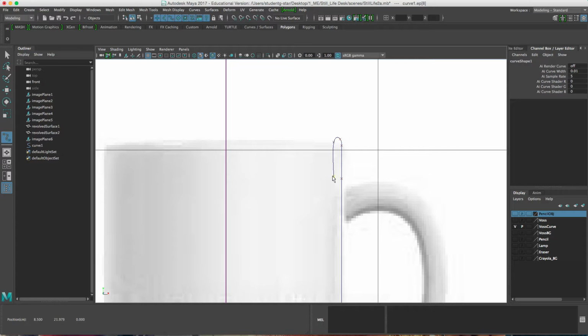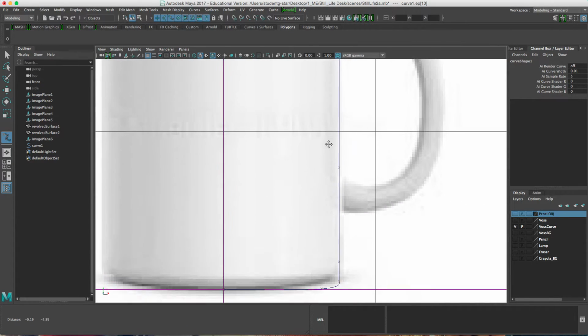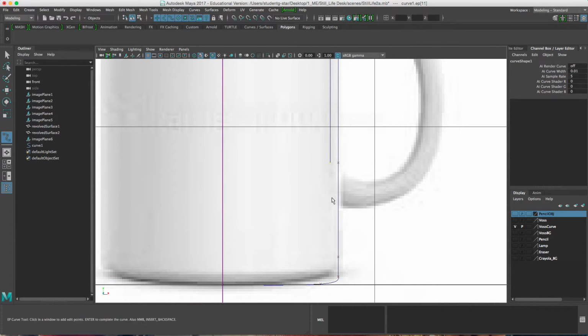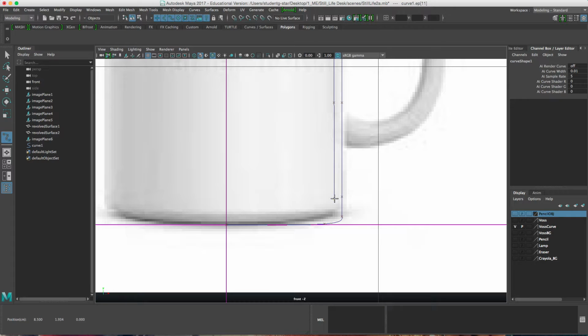And as you can see, I'm creating the inside of the cup as well. If I don't create the inside of the cup, then you're going to notice that the inside of the cup will actually be black, which we don't want. And I'll put the last one right about here. Press return,